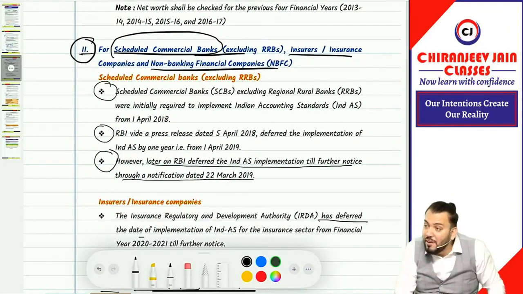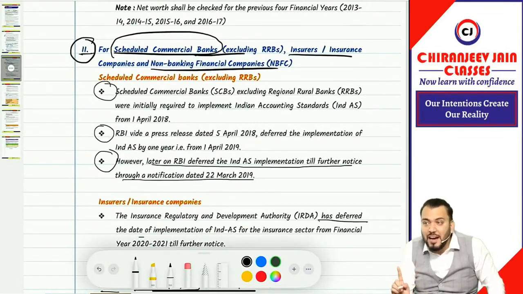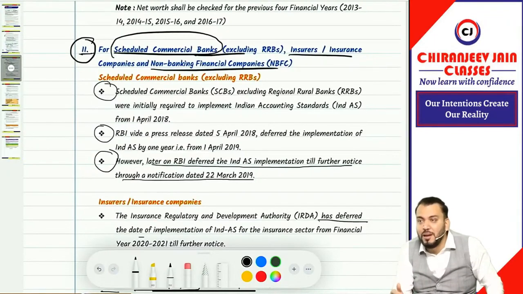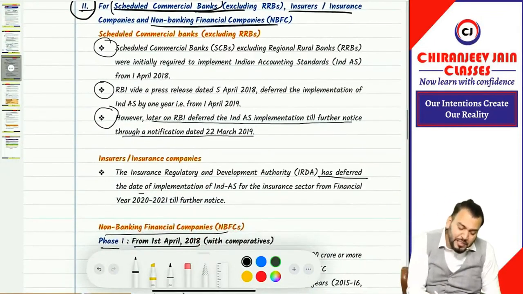But it does not include RRB, the Regional Rural Bank. Means for RRB, Ind AS is not applicable. So we are discussing banking companies excluding RRB. We are also discussing all insurance companies and all NBFCs. Some different roadmap has been given for each. For banking companies, actually,